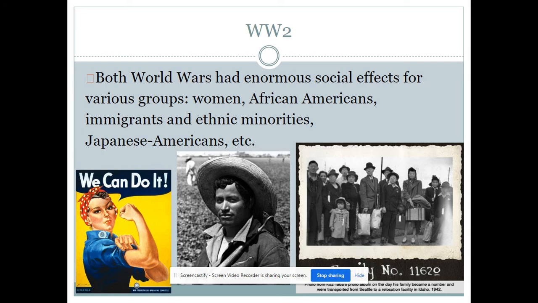Fred Korematsu takes it to the Supreme Court, and they rule against him. They say this is a lawful act during wartime. The U.S. will apologize later, and in the 80s actually issue reparation payments, but it's still a very dark moment in American history. We know the war ends with the atomic bomb dropping on Hiroshima and Nagasaki,